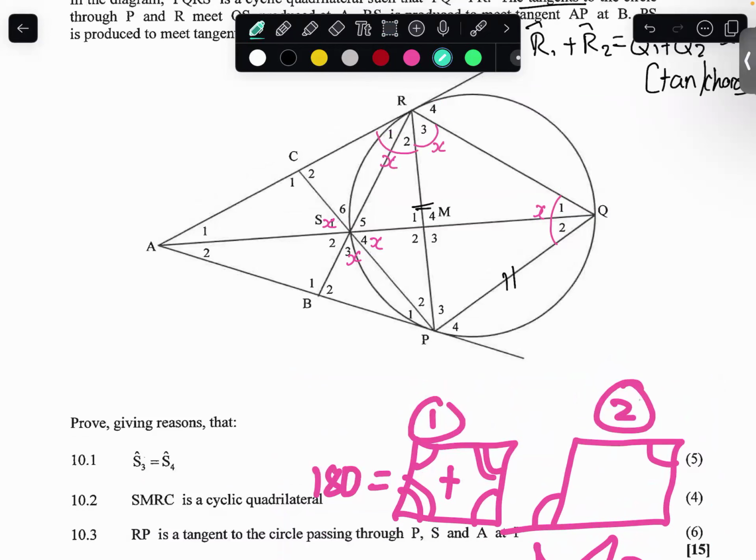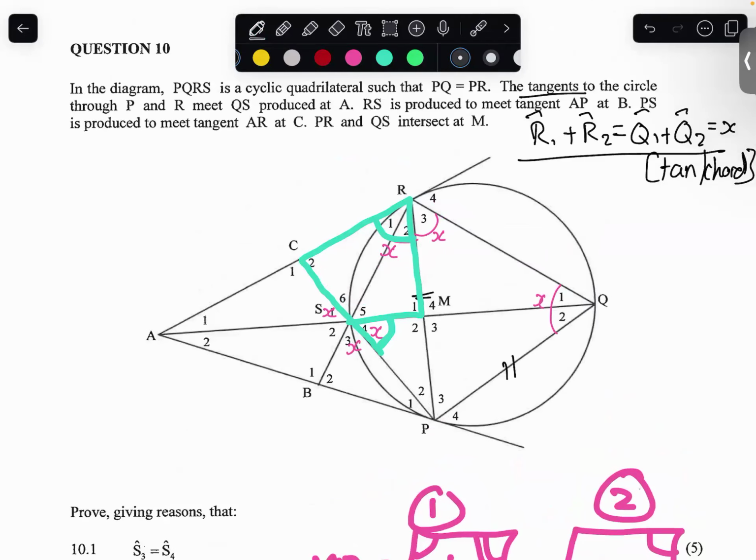SMRC. I'm going to extend that arm. Here's an exterior angle of the cyclic quad. It's equal to the opposite interior angle because they are both X. S4 is X and R1 and R2 is X. We proved that. So I'm going to say